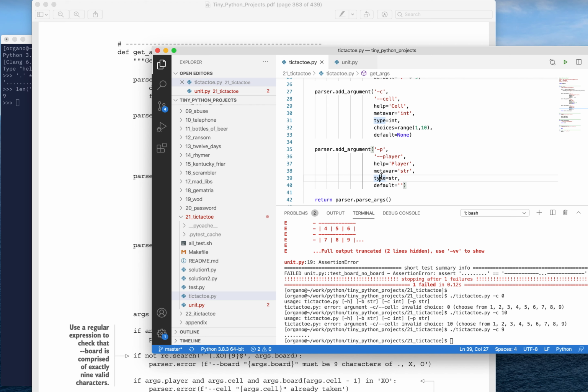We still don't have the idea of that cell and player needing to be together or not at all. We're going to take care of that in a second. We're going to do the same thing here with the player. The choices is going to be either an X or an O,